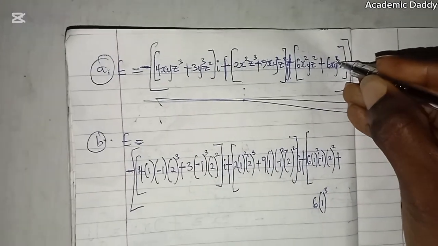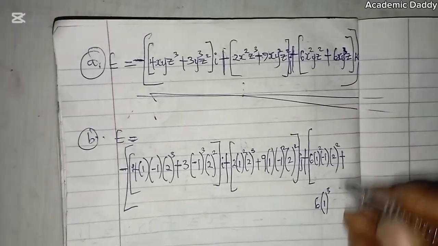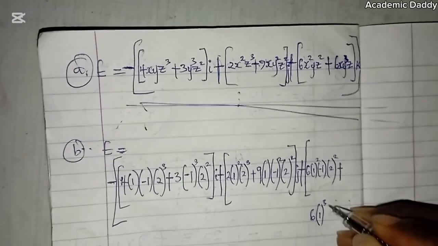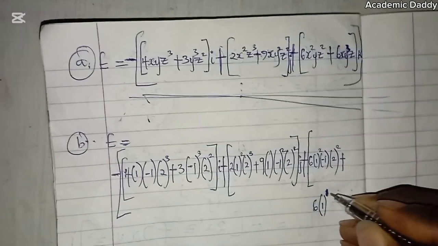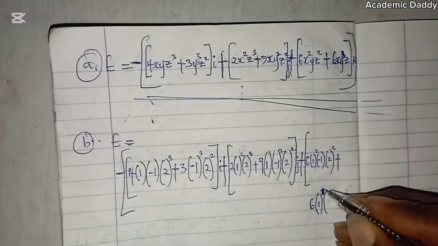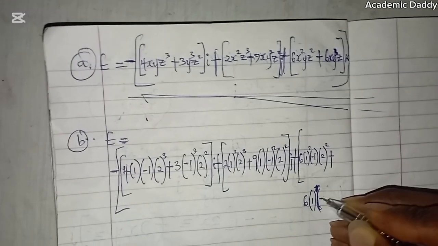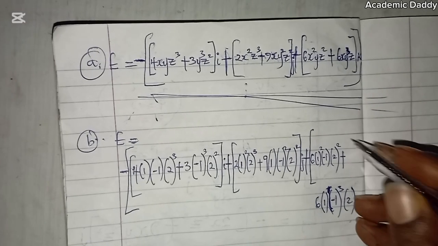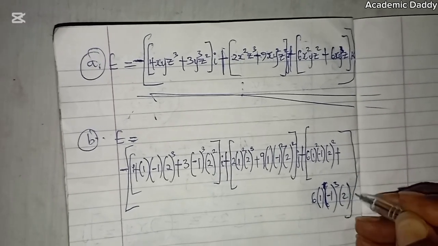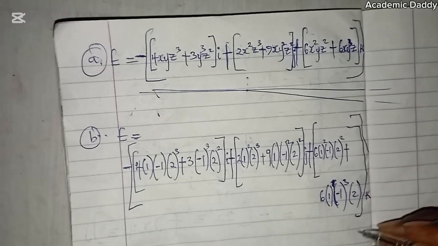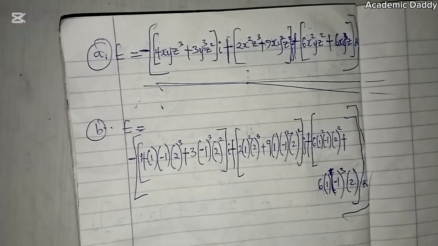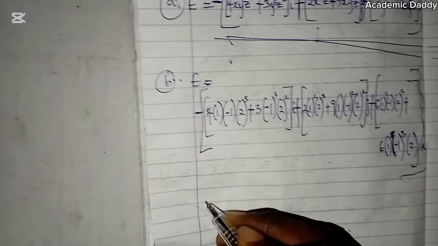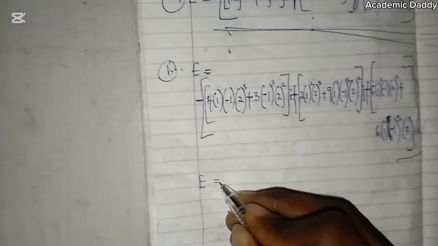This is for y. So minus 1 cube 2. Okay, so at this junction we can now solve so that we have E to be equals to